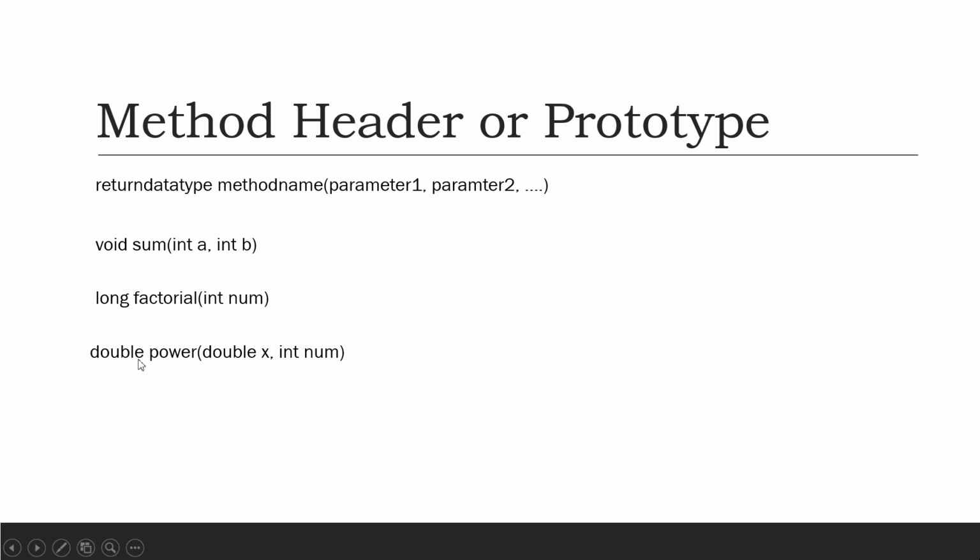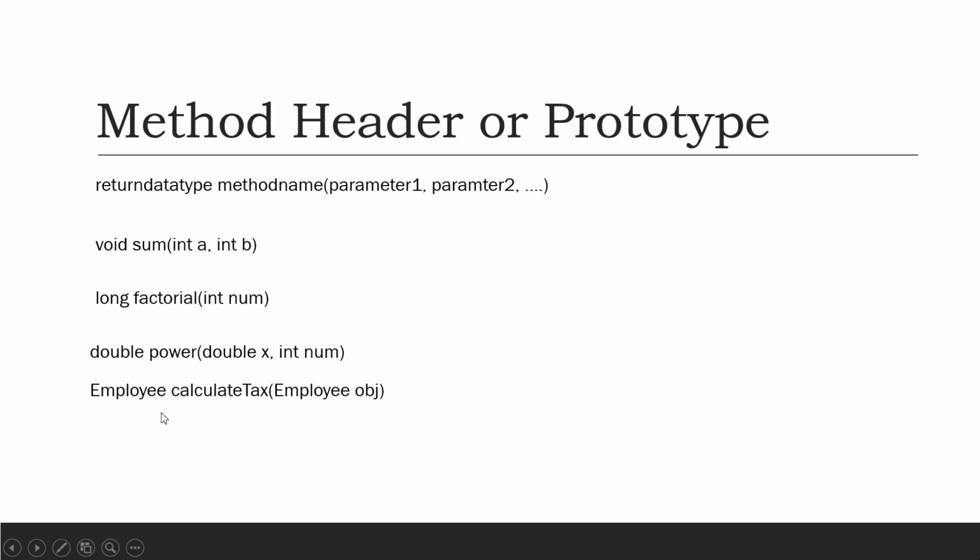Similar to primitive data types, if you have a requirement to accept a user-defined data type and the return type is also a user-defined type, for example Employee, we can write something like this. Let's say we want to write a method to calculate the employee tax, so we write calculateTax, then provide the Employee type object. From the object we take the data, calculate the tax, and then return an Employee type only. In that kind of scenario, we write something like this.